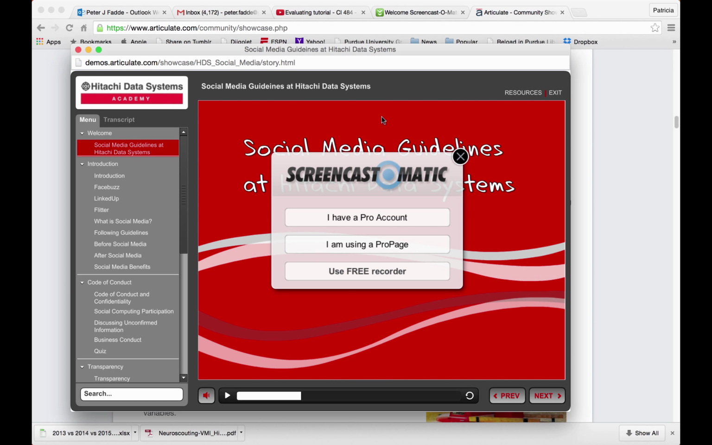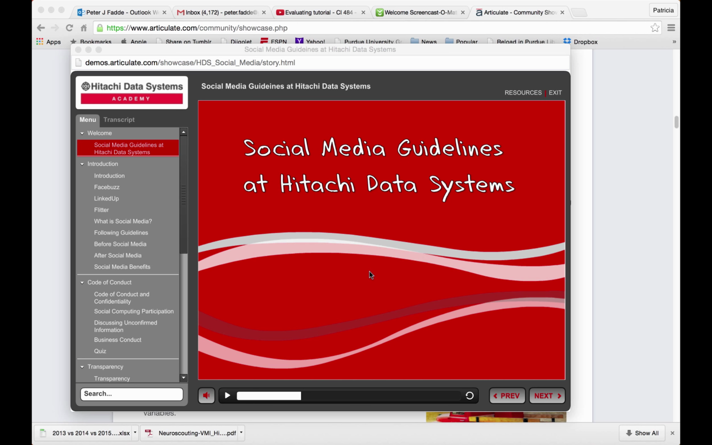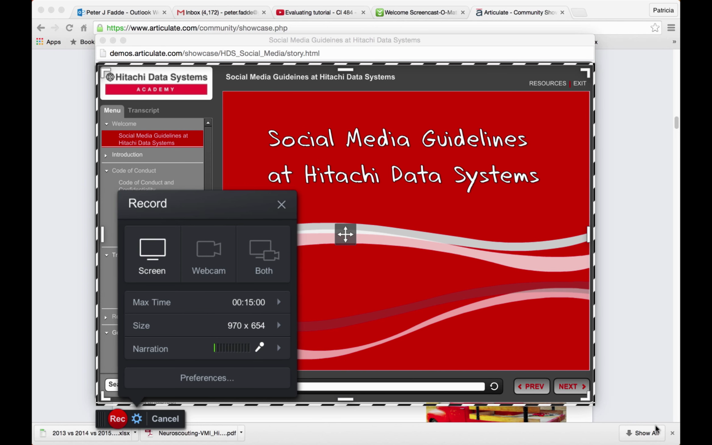So you aren't going to be able to start from A and show all the way to Z. You're going to have to pick and choose those things that you think are important points to put into your screencast. Now you want to use not the pro one, but just the free recorder, so you set the free recorder. Alright, so when you have your tutorial open, selected from the showcase, then you open up the Screencast-O-Matic